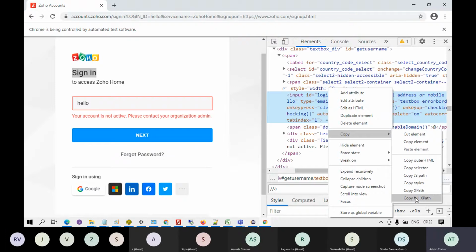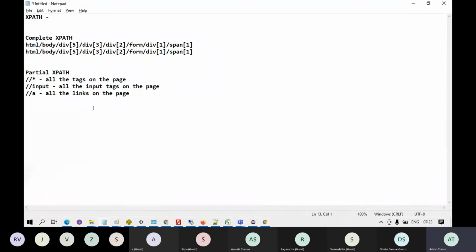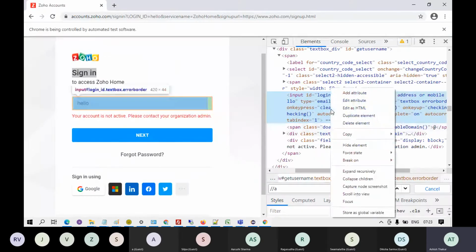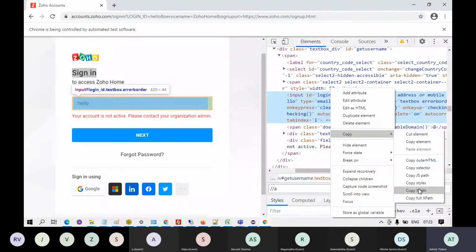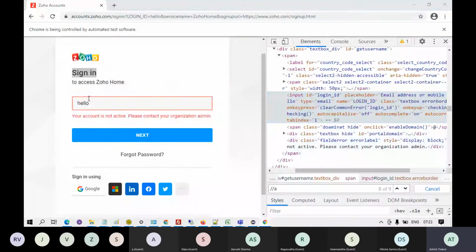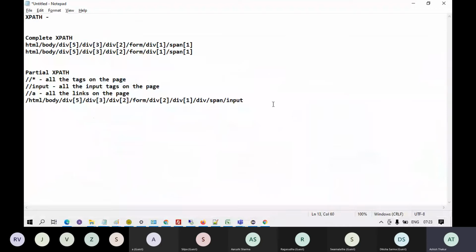Copy full XPath will give you the complete XPath of this username field from the HTML document, but copy XPath will give you the partial XPath. If you do this, you see this kind of XPath.